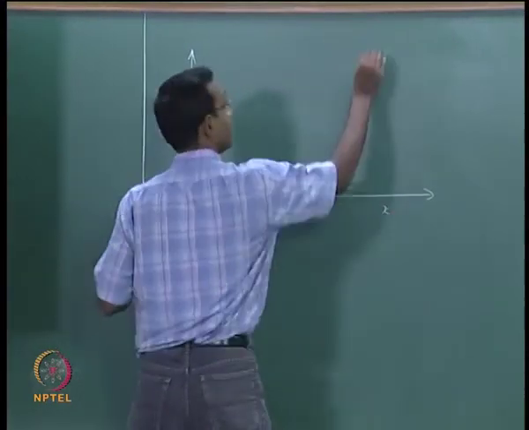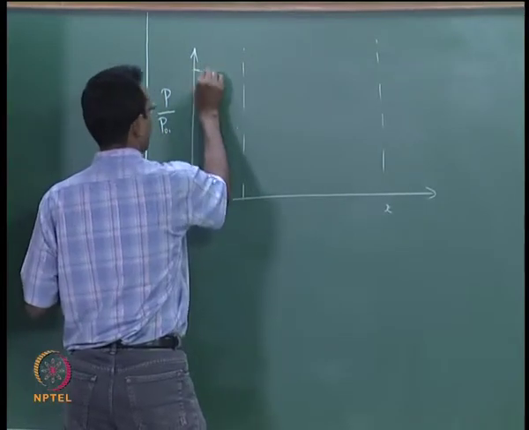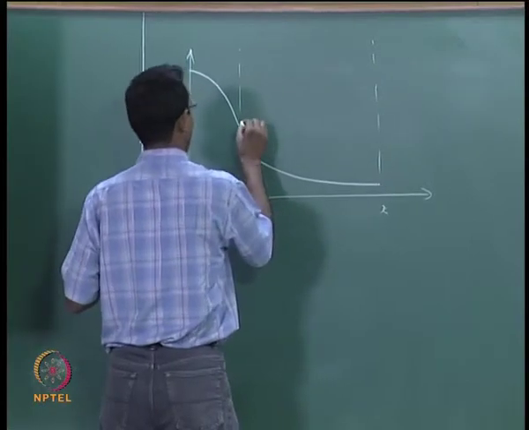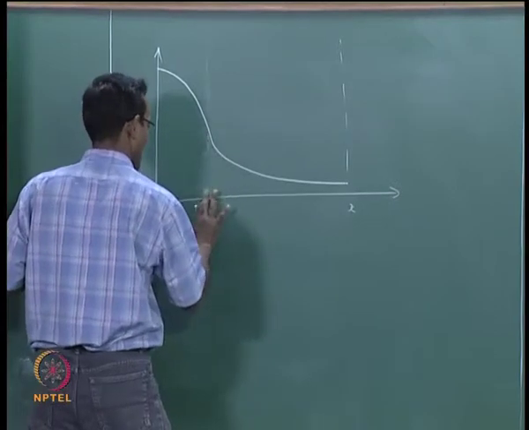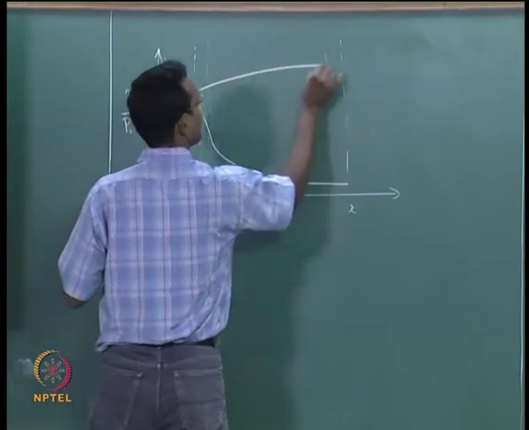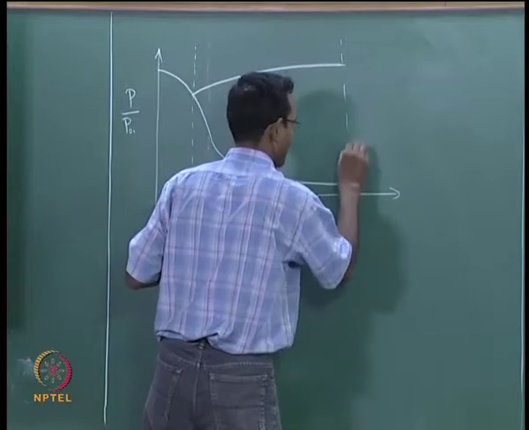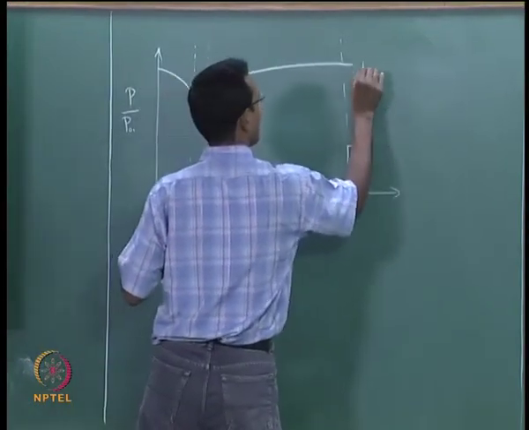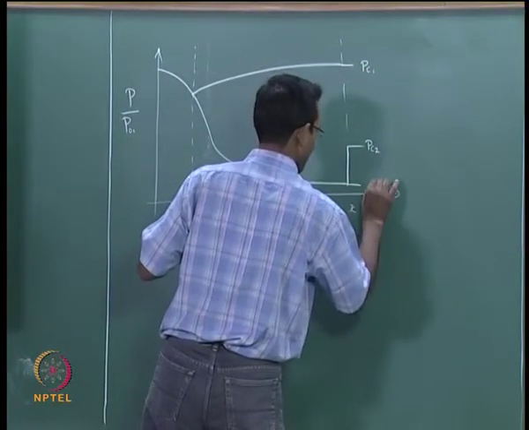If we looked at that particular plot of P by P01 plotted with x, and we say this is my exit plane, this is my throat line, we did this and it went up. I am not drawing it really to scale, maybe I will make it a little better, it looks more like this. And we said that if there is a shock at the exit, it will be here. This is the throat condition, so this is my P critical 1, P critical 2, and if it comes out straight here, P critical 3.